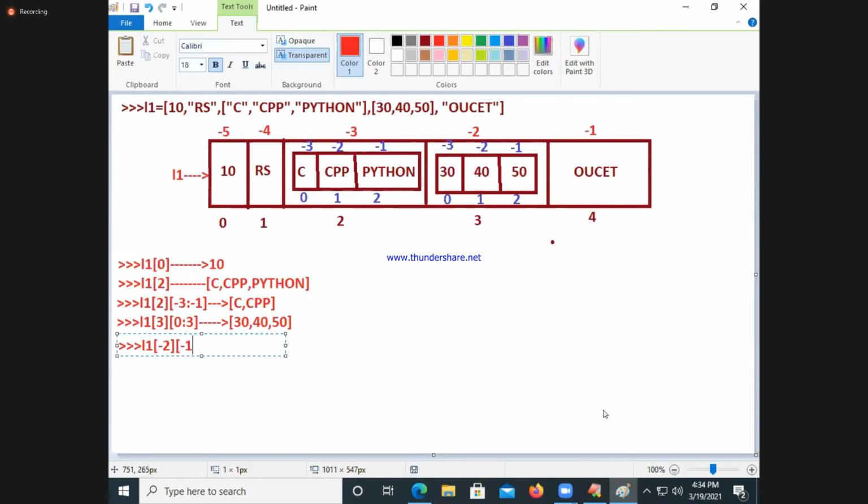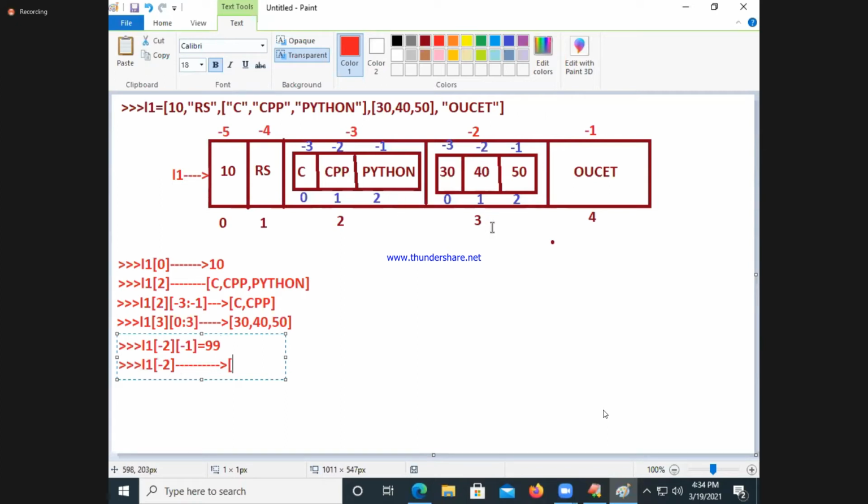Of -1 is equal to what? Or something like 99. What is reflecting? This 50 is replaced with 99. L1 of -2 means this part. In that, -1. What is the value? 99. Now you print L1 of -2, what does it give you?